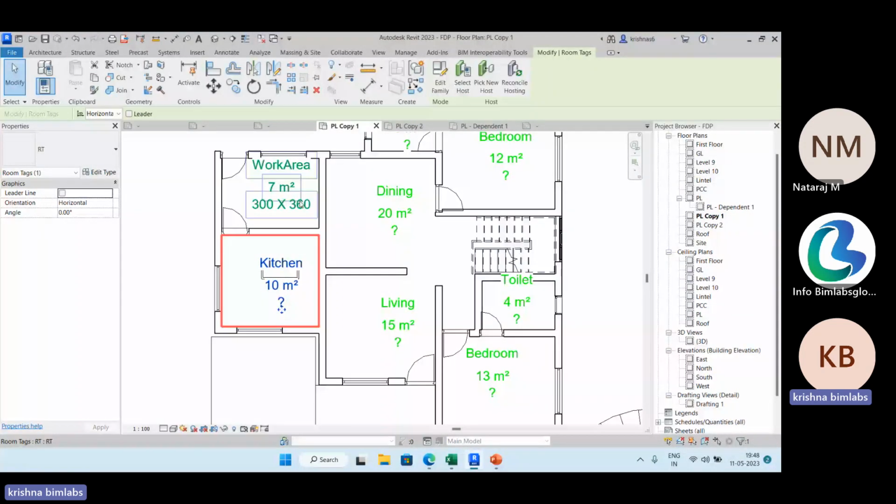This can be done in every tag. In a door tag, if you want to create a new parameter, you can do it. Windows also you can do. So if you want to add a new parameter to the tag, you can create it as a shared parameter. Okay. Next is the